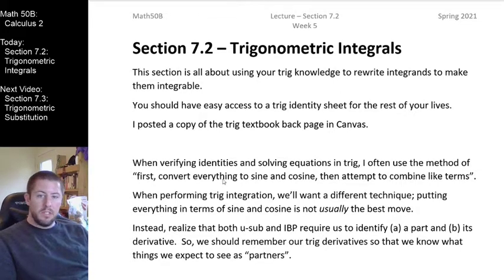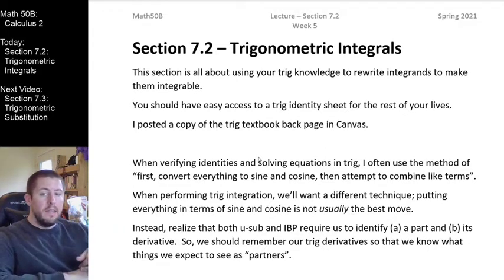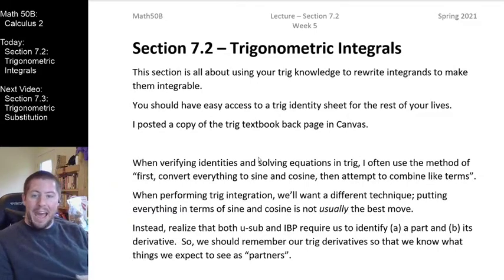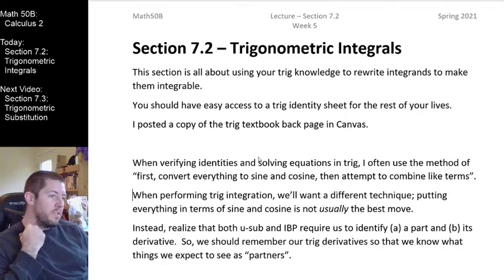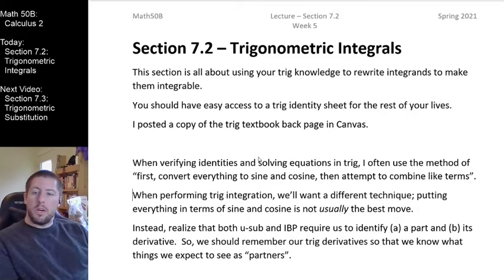We're going to be talking about section 7.2 today. This week in general, we're going to be hitting all of our trigonometry ideas with calculus here. Today, we're going to look at a bunch of integrals that have trig functions in them, and we're going to see the types of substitutions we're going to want to do and trig identities we're going to want to use to handle those things. In our next video in section 7.3, we're going to look at a bunch of integrals